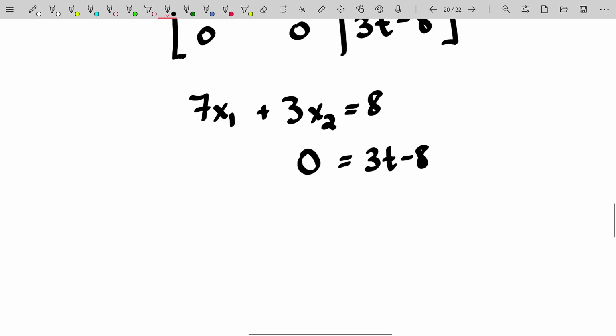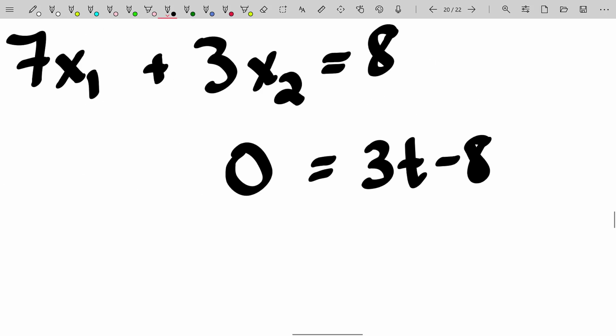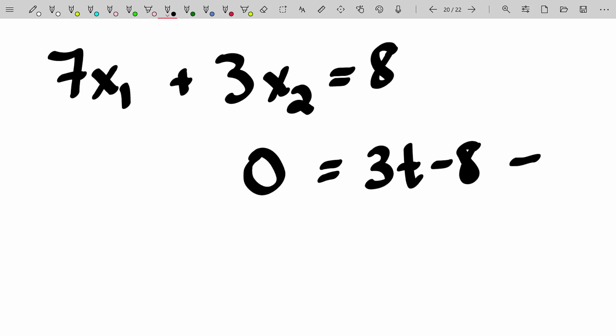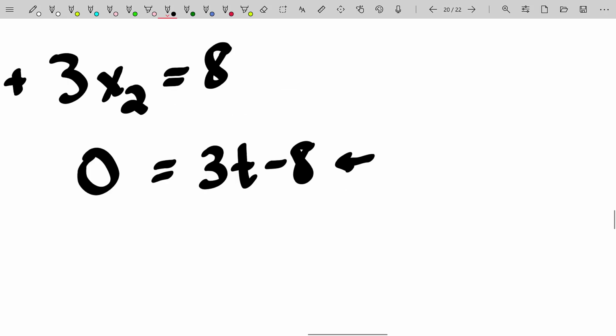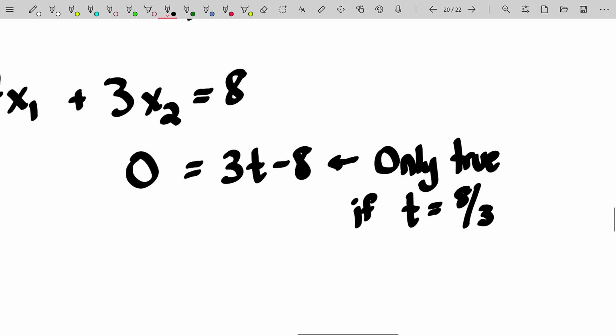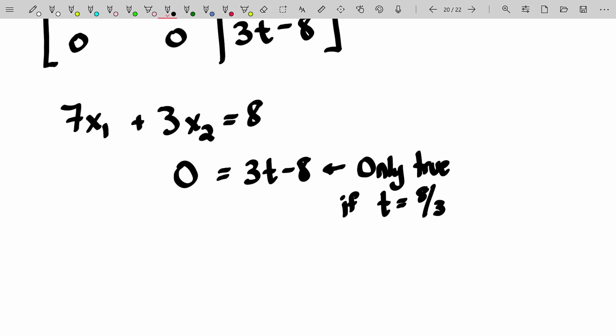If you take a look at that resulting system of equations, remember, t is just some parameter I get to adjust here. And in fact, I can easily tell you this equation will always be a contradiction as long as t is not equal to 8/3. If t is equal to 8/3, then this is an identity statement, the second equation is. Otherwise, it's a falsehood. For example, if t is 1, then you get 0 is equal to -5. That just is not true. So there's only one case where this will be true. This is only true if t is equal to 8/3. So I have that restriction already.